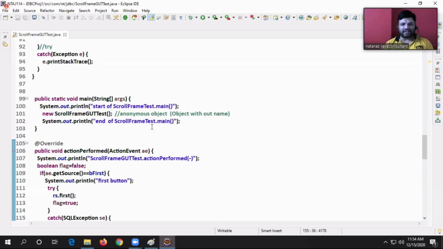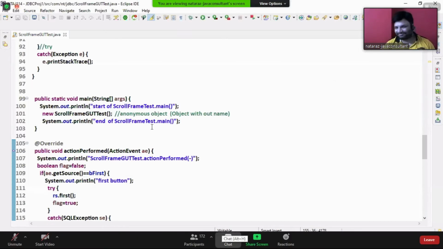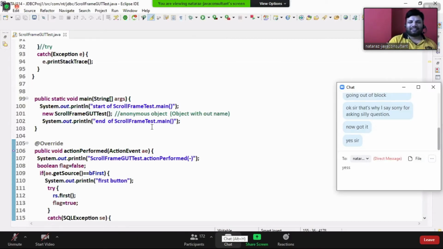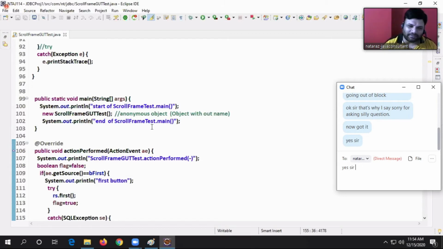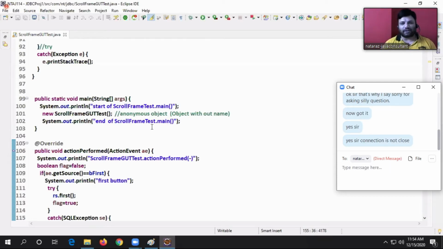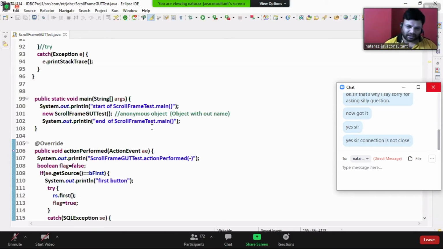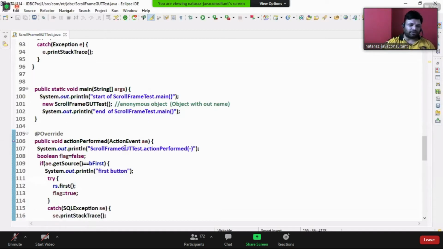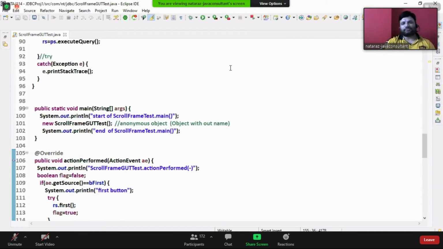Did you notice that, guys? Still I have not closed JDBC objects. At the end of the application, at least when I close the frame window, I should think about closing JDBC objects, which is not there. But without thinking about closing the connection, let me show the flow now.